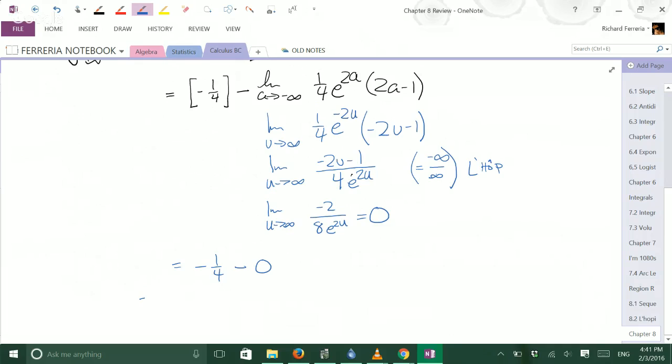going to negative infinity. But if you look at it from up here, I can kind of tell from here. This 2a minus 1 is going to stay on the numerator. But this e to the 2a is going to move to the denominator since the exponent is negative. Once I figured out I have e to the 2a in the denominator, I know that e to the 2a grows a lot faster than 2a minus 1. So this was going to 0 even without using L'Hopital's rule, just reasoning through the relative rates